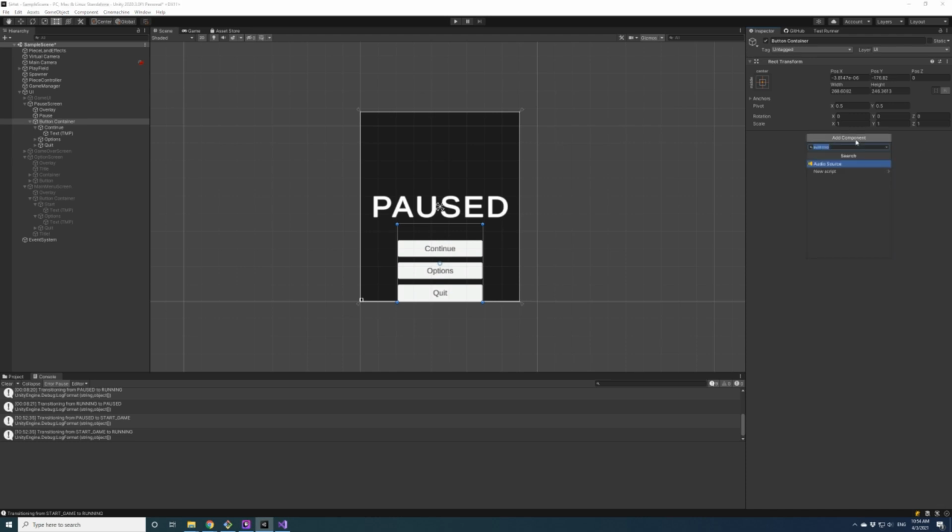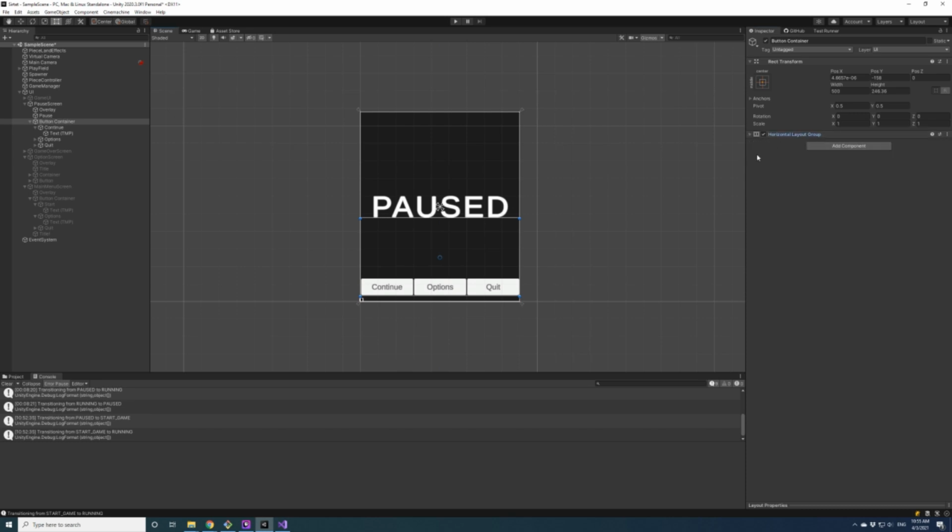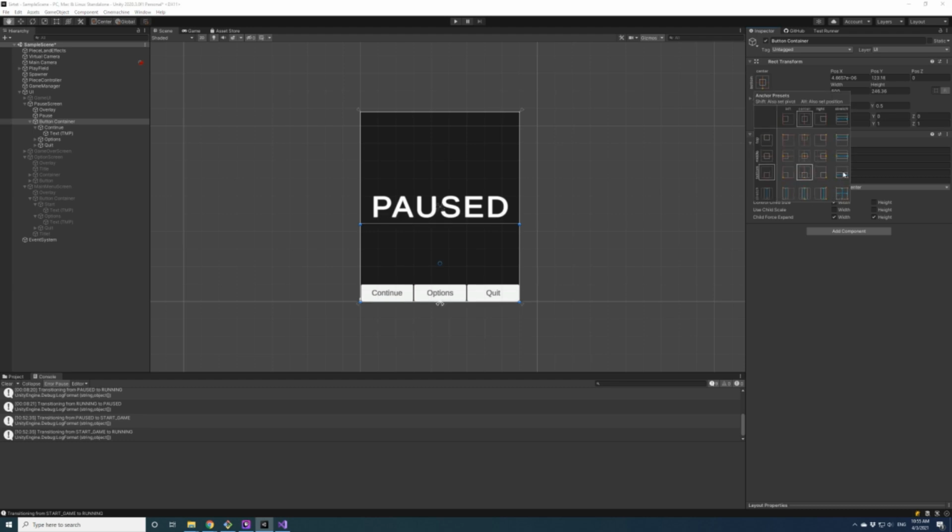Actually, remove component, add component, horizontal layout group. That's basically what we want. And then lower center, because we want this on the bottom. Padding on the left 5, right 5, bottom 10.